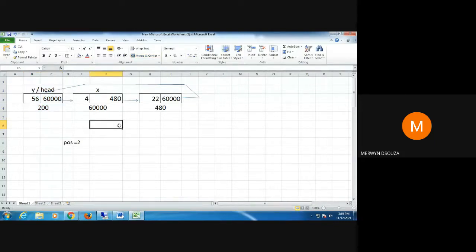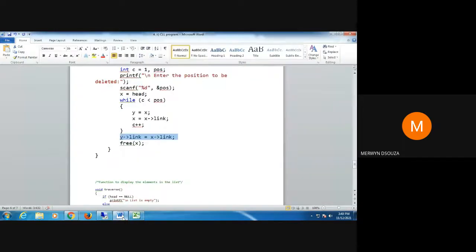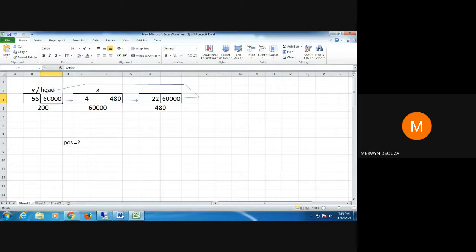So how do you get this node's address into this? Since there was no pointer here, this 480 is also stored here. How can I access this 480 from here? X arrow link. Where do I want this 480 value to be stored? Here in Y arrow link. So I say Y arrow link equal to X arrow link. So here I will get 480.